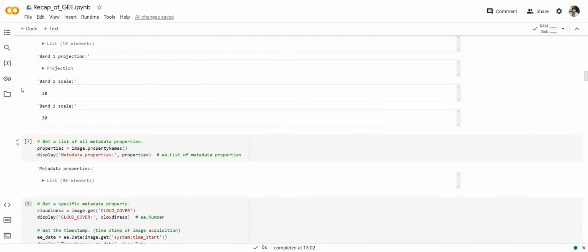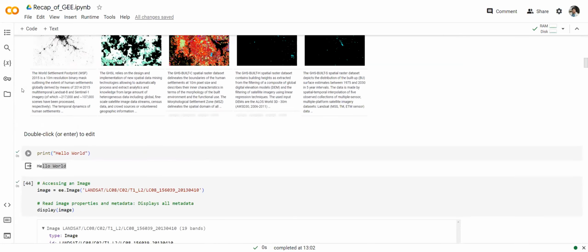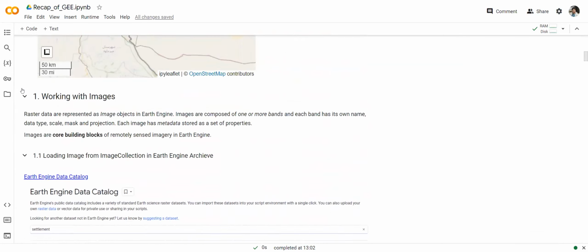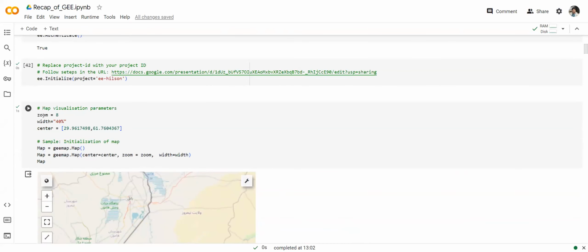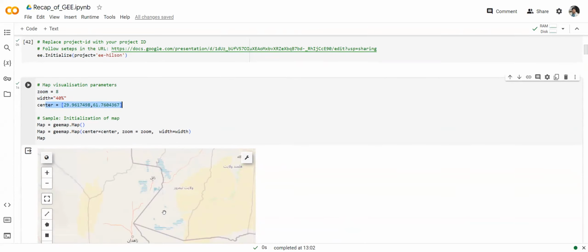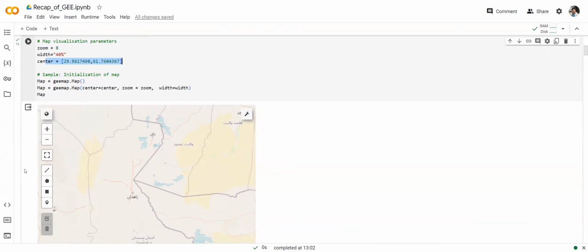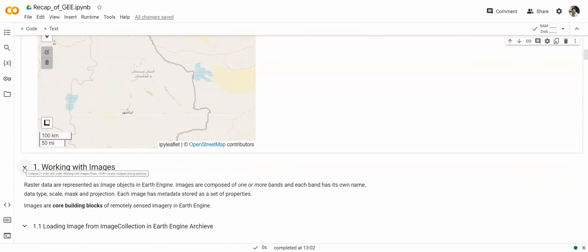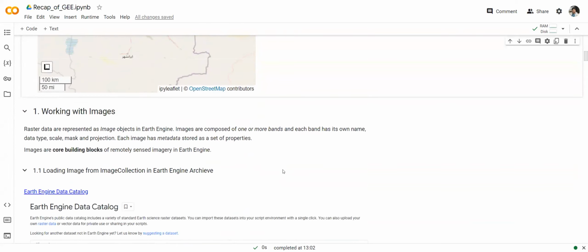That's why I already defined these properties in the first line, because I can reuse them. So you can see here, zoom is set to 8, width 40, and center is near Afghanistan, around the border. So this is the empty frame, but above this I am trying to load the image that we just